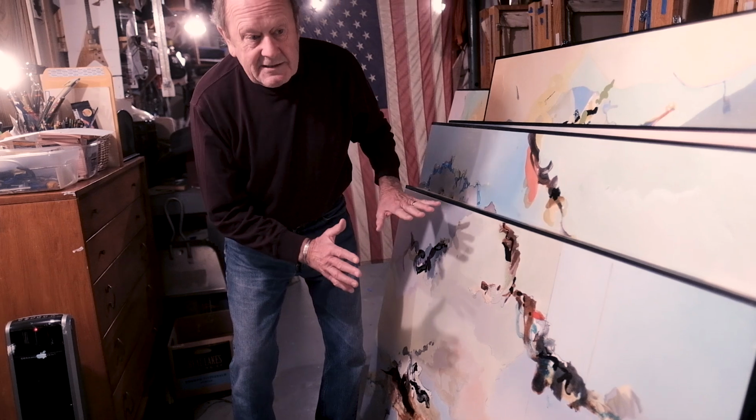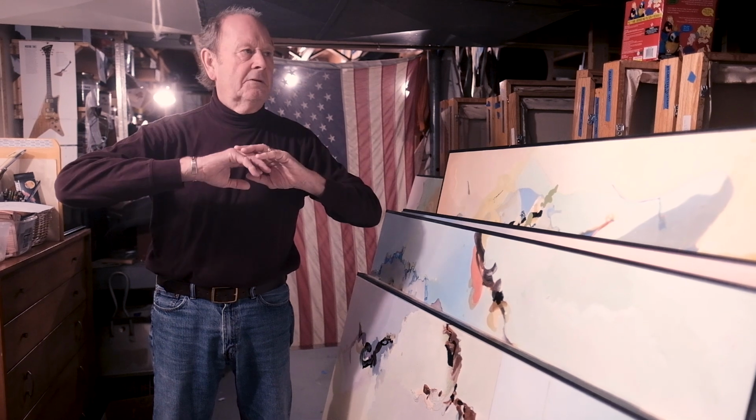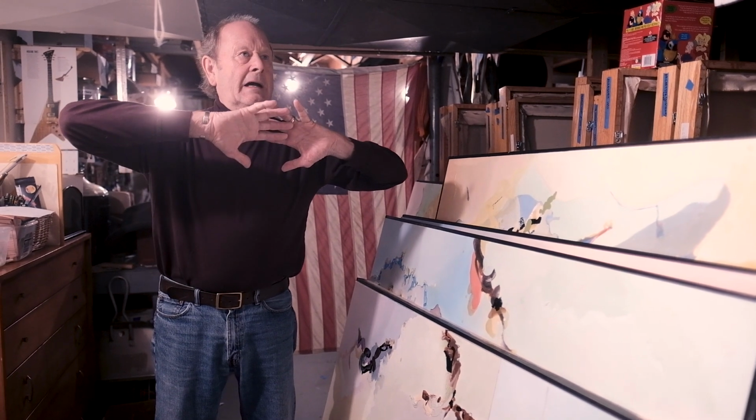But nice soft color. They're reminiscent to me of interpretations of what the sky might look like, interpretations of how the sky is infinite, you know,